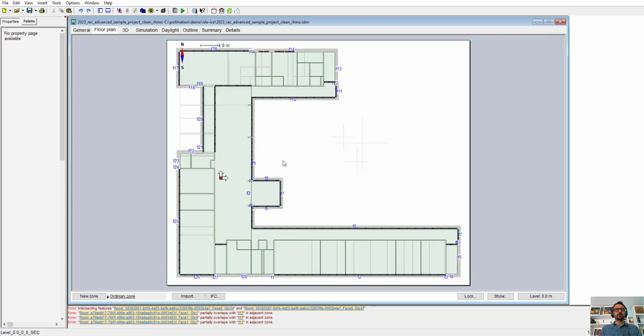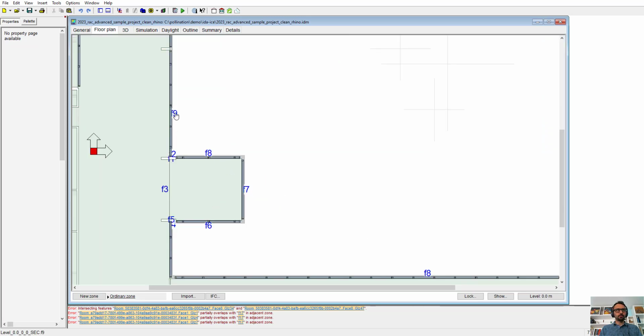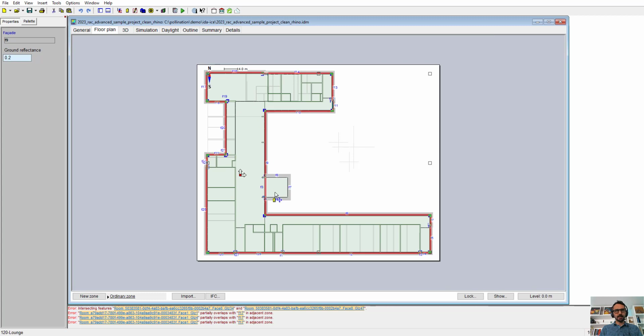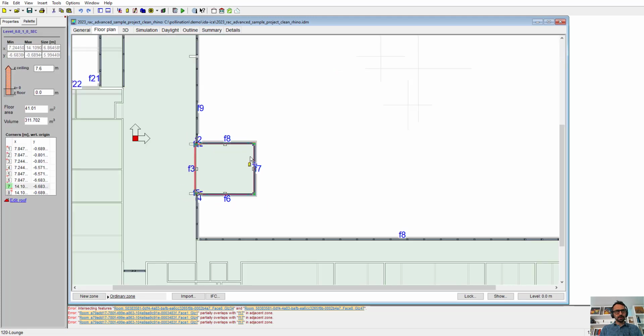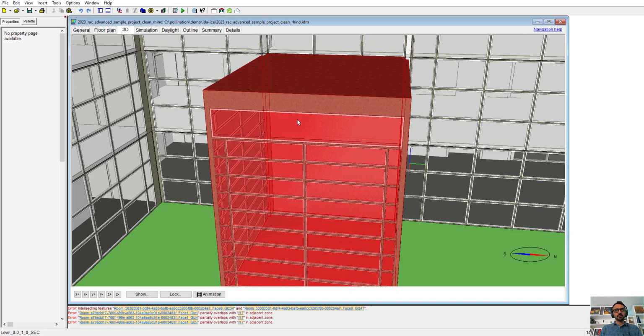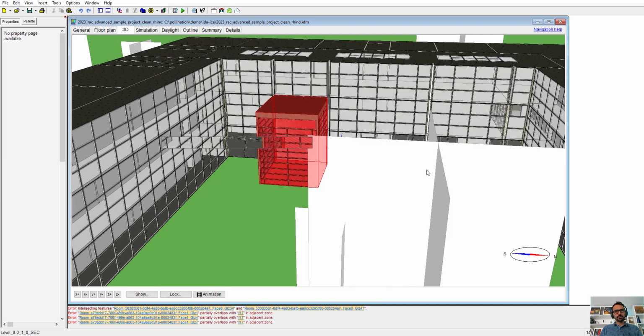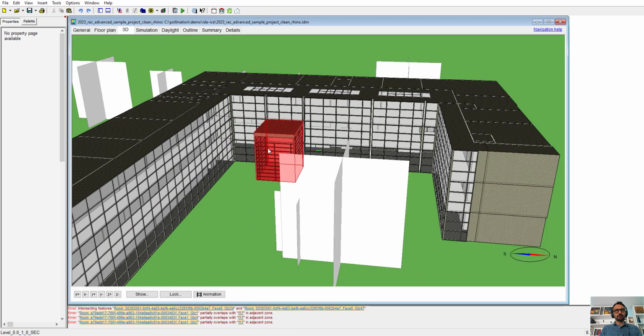And just a quick review of building bodies. So for the whole first floor, everything is a single building body, and this is the part that I was talking about, the wall thickness. And this part, this one is different, right? Why is this one different? Because what we try to do is group everything in the same level. But if you have a room with a different height, then it will be